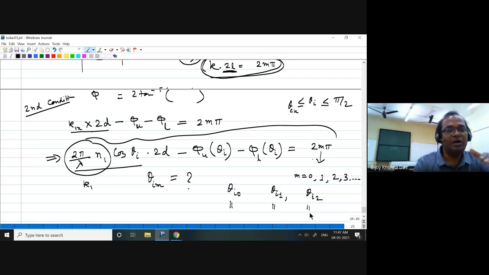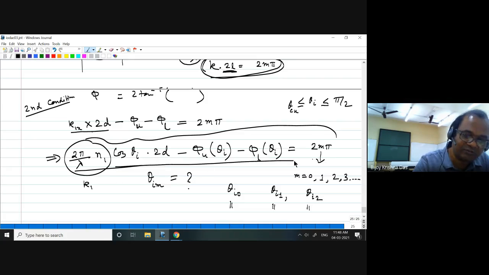So that means you have certain angles. This is a very rough model actually. In practice, you have to think a little bit differently, but this is straightforward analysis. It says that not all angles will give you a guided light, even in the 1D waveguide. Okay, so you need to have a discrete solution that satisfies this equation.